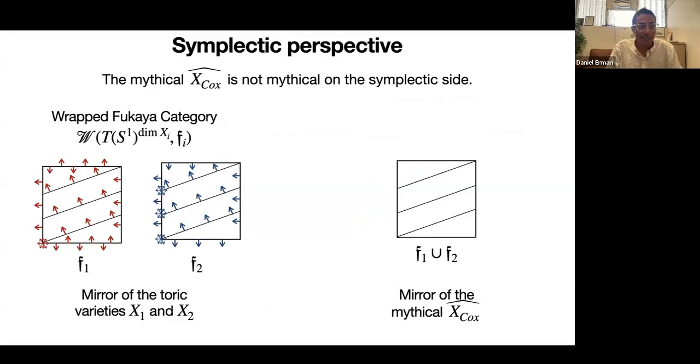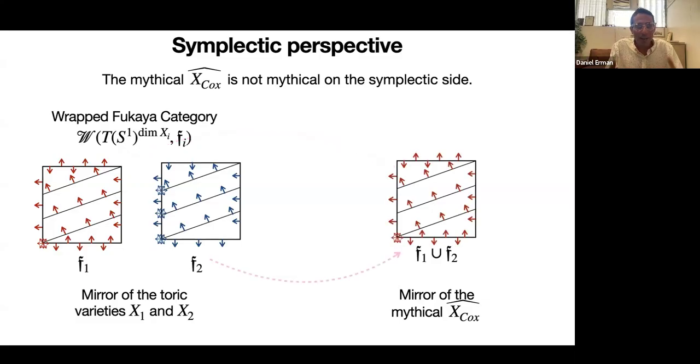So that's what my last couple slides are on. I should point out, a few of my collaborators are coming from the symplectic world, and one really helpful thing in the project is that the mythical mirror is not actually mythical. So one thing you can do in the symplectic geometry world is you can glue or combine Fukaya categories in a way that you can't necessarily,